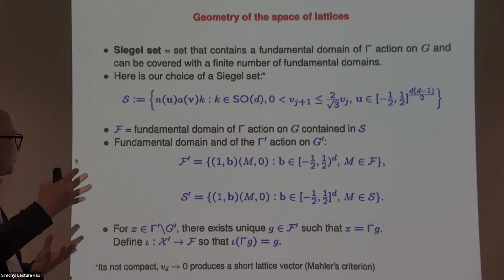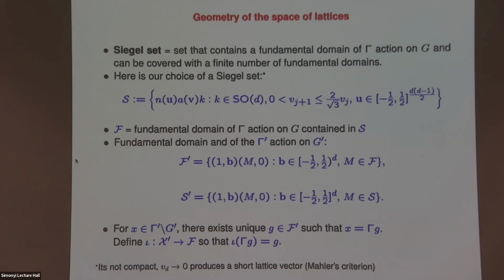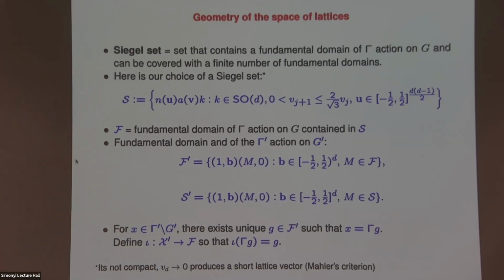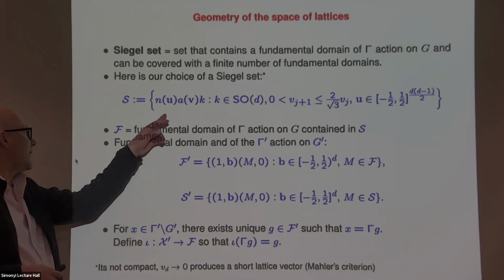And those are the right coordinates to describe the geometry of the space of lattices, that would be G modulo Gamma. You can say, if I fix a fundamental domain and I understand it, I understand the geometry that I need, because I just need to know my function in the fundamental domain and how it grows there. Unfortunately, for d equal to 3, there's still a nice fundamental domain that you can work out explicitly,